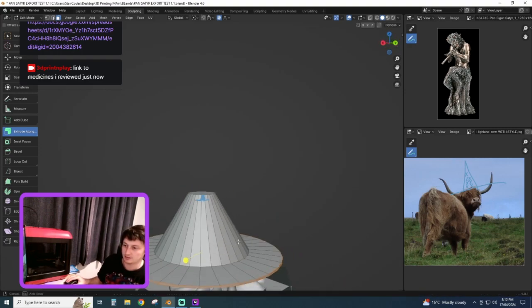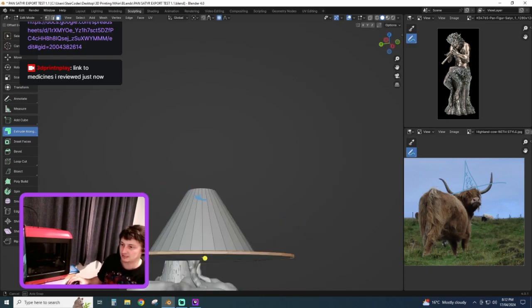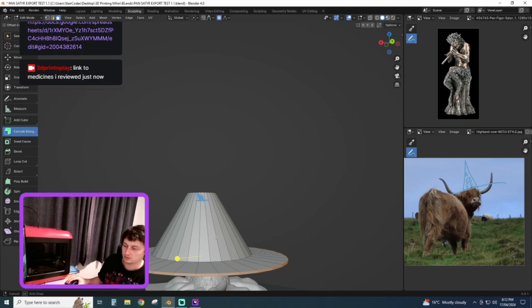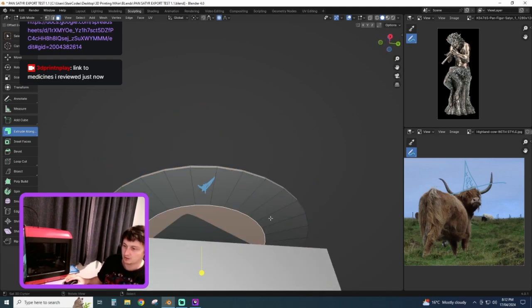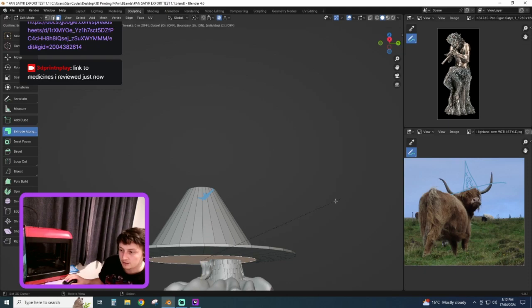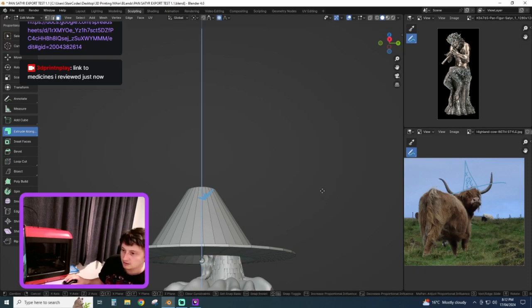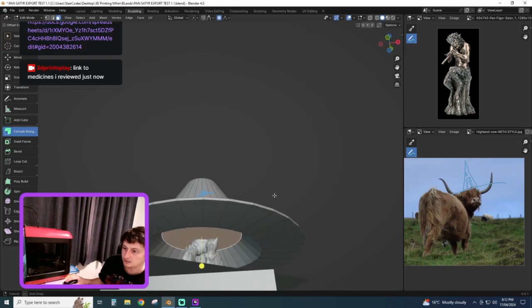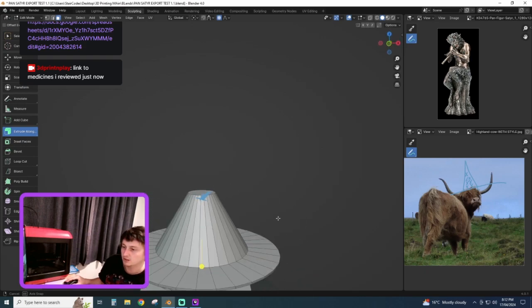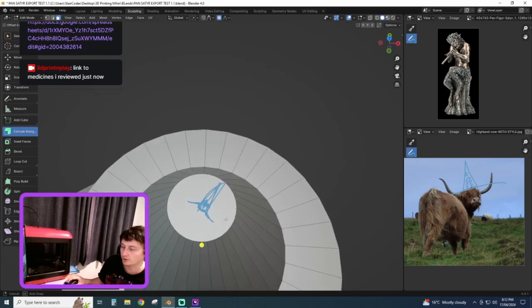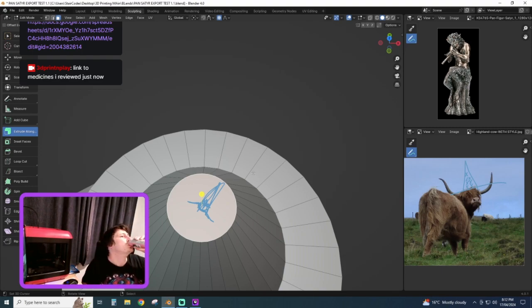I also got to think about how I'm going to print the hat, and I think I'm going to print the hat upside down. Or no, let's print the hat right way up. So part of that's going to be making sure there's a good little hole in his head, because we want him to easily sit on top of the other head without too much issue. I'm not going to print him on top of the head, but I'm going to print 3 parts for this test, or 4 parts for this test, I guess, for the hat. Because I really want to confirm that I'm dividing this model in the correct way.